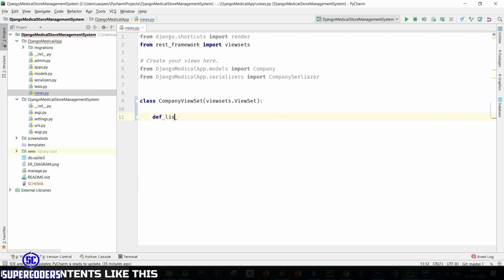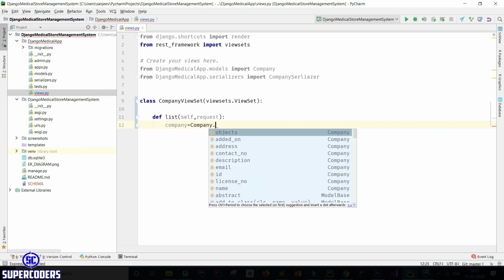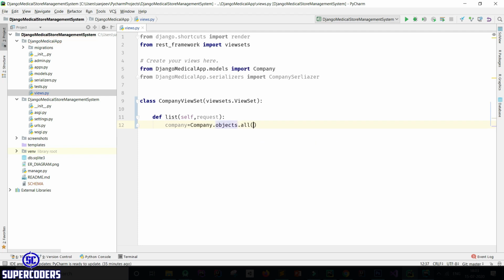So define list, and also adding second parameter, which is request. Now first accessing all the company data. So company equal to Company.objects.all.